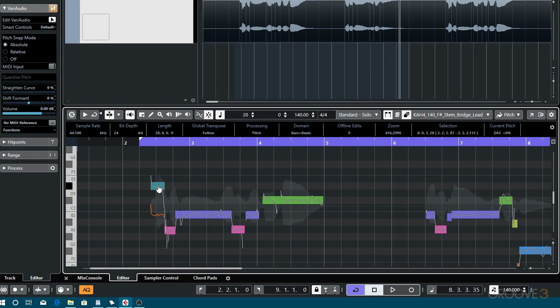What? You. Now, if you can't hear the audio feedback when you click and drag the notes, you just need to